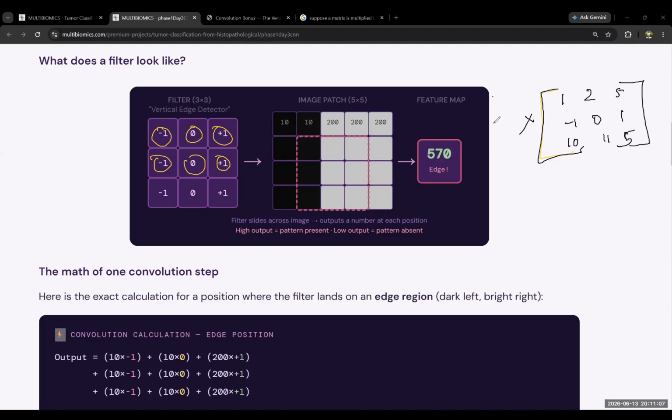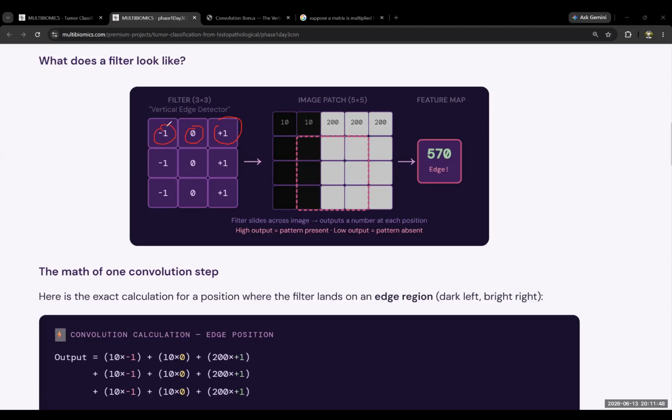You can multiply matrices as well. So when you multiply this, what happens? This image patch is a square image, right? The shape of the patch is square, like 5 by 5, 5 pixels by 5 pixels. So this is acting as a matrix. Now this filter is a 3 by 3 matrix, with 3 rows and 3 columns. And when it is sliding, whatever number is in each box,